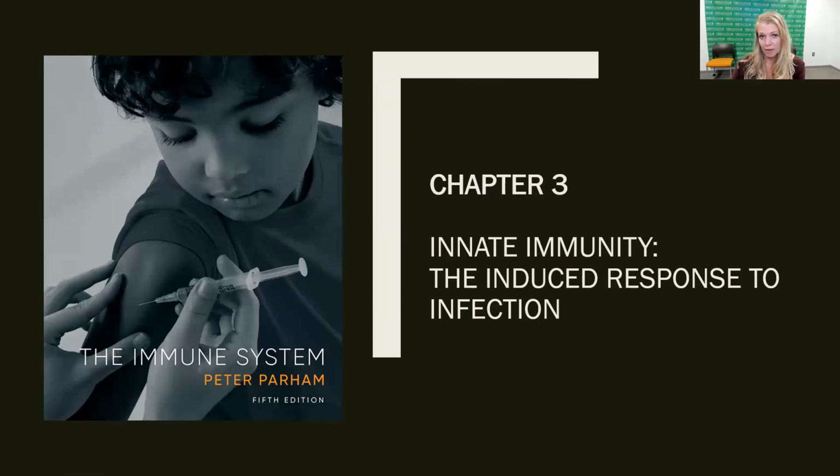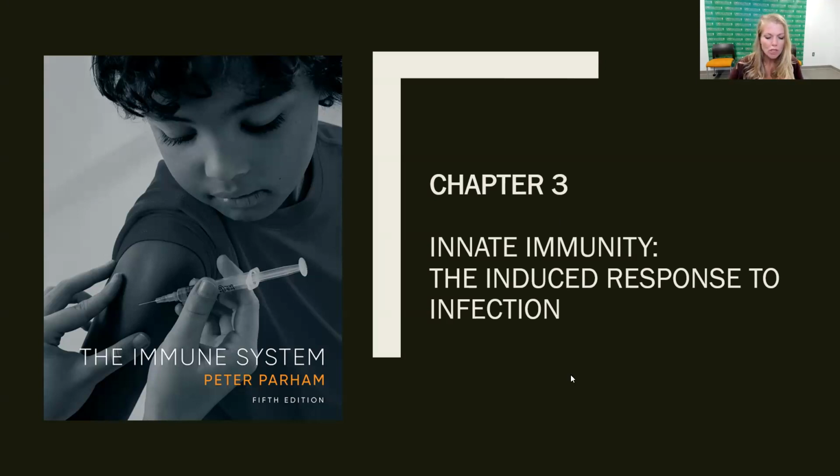In chapter 3, we're going to stick with the innate immune system. We're just going to look at what comes about during the innate immune response, rather what types of things are induced and which cells are involved and which proteins are involved. So it's a little bit more in depth in content, but we'll move through it. This lecture is actually going to be divided into 4 different pieces because it is rather large. So there are a lot of slides in this deck, and so it'll take a little bit more time to